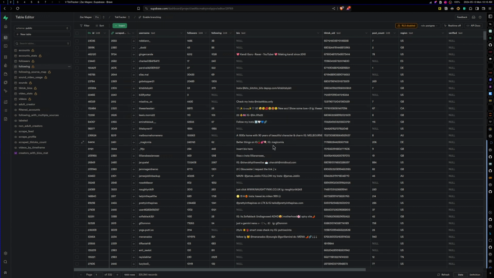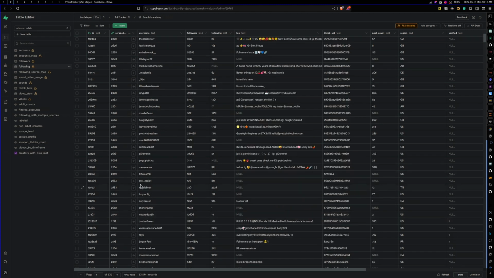You see we have one here, one here, one here, and then there's a couple more. There's 3 more down here. So it's a very effective technique, scraping the following of OnlyFans creators to find more creators. And we have a pretty good hit rate so far. It's working quite nicely. You see we get a lot of trash as well, but the labeling system that I